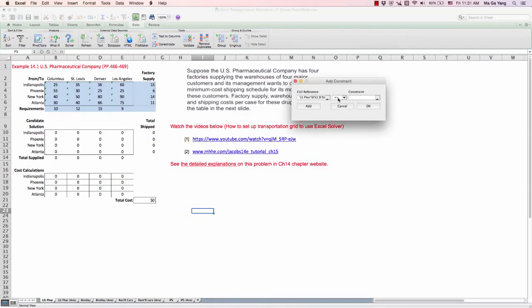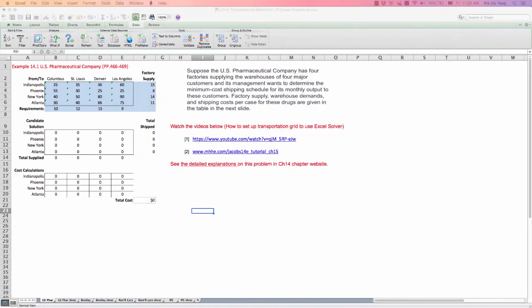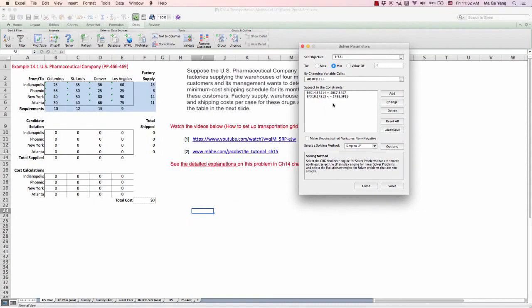So the capacity of a manufacturing plant is less than or equal to the factory supply availability. So that doesn't exceed our factory supply availability, and click OK. These two constraints must be set.